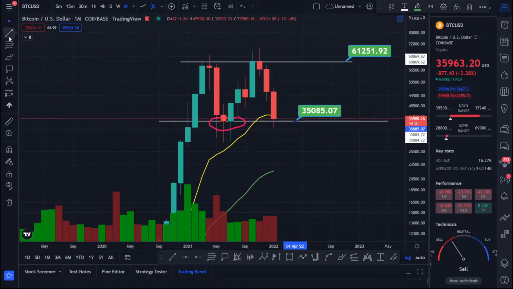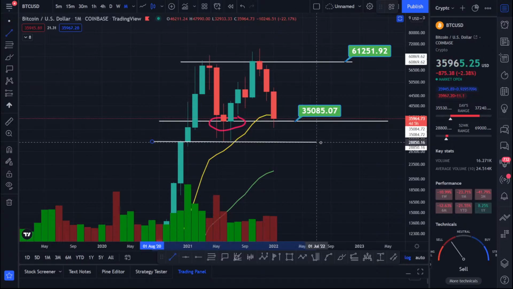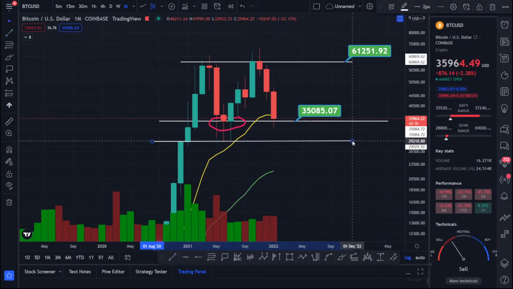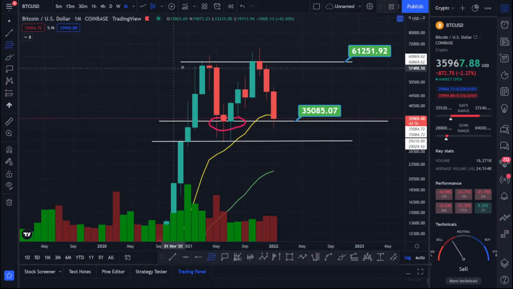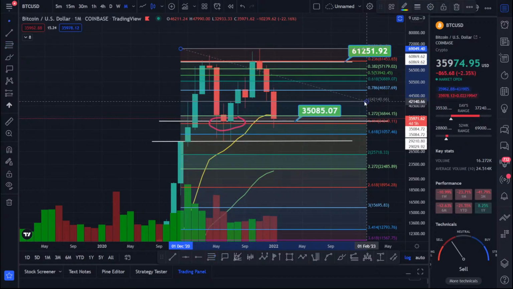And where is the next support? The next support is right over here. Look, right over here. Okay, this is your next support. Now if you take out your Fibonacci, and you just measure this move over here, you can see where the 2.272 level is. It's right at the 55 moving average, okay, and then